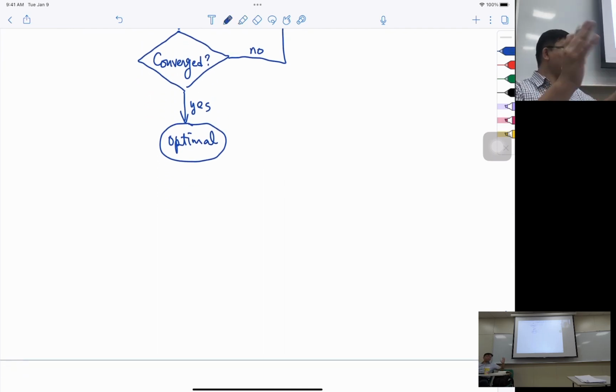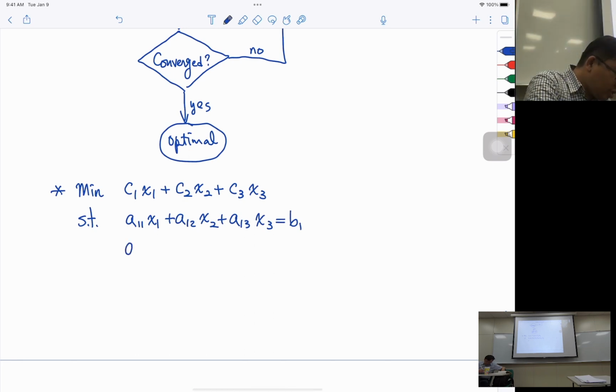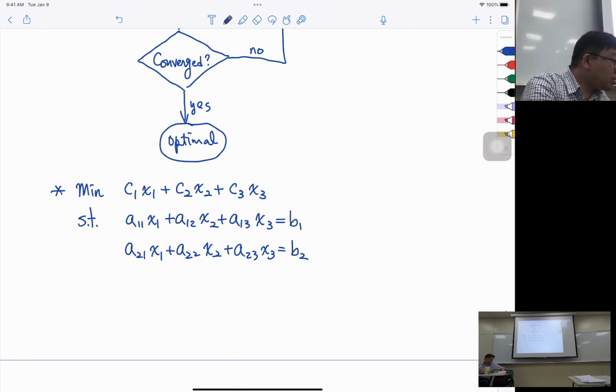So once you have a completely linearized problem, your objective function could be looking like this, minimizing c1x1 plus c2x2 plus c3x3 subject to a11x1 plus a12x2 plus a13x3 equals to b1, a21x1 plus a22x2 plus a23x3, where all the x are positive or 0 and all the b,